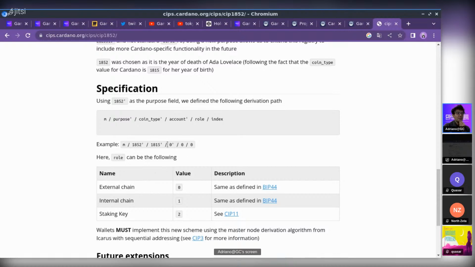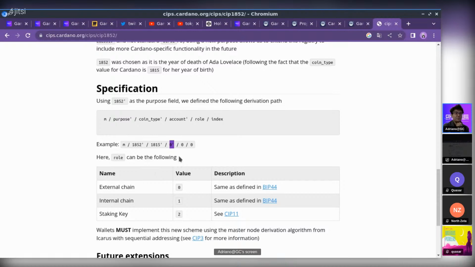Basically, these are the base chain derivations that we use on Cardano. This refers to the account index that we will be seeing in the code, and you can check accounts, for example, on wallets like Eternl. When they say account 0, account 1, account 2, they are dealing with this